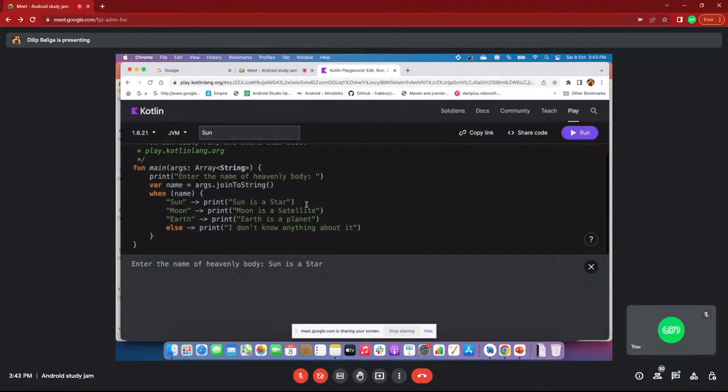Okay, now see, I already mentioned this is a simple main function. Printing this first line, see, print. You can see enter the name. Let me use println. Okay, so that result will come. Just a minute, it's compiling.